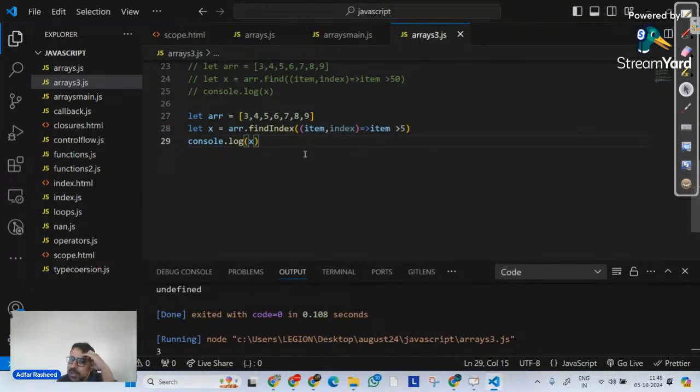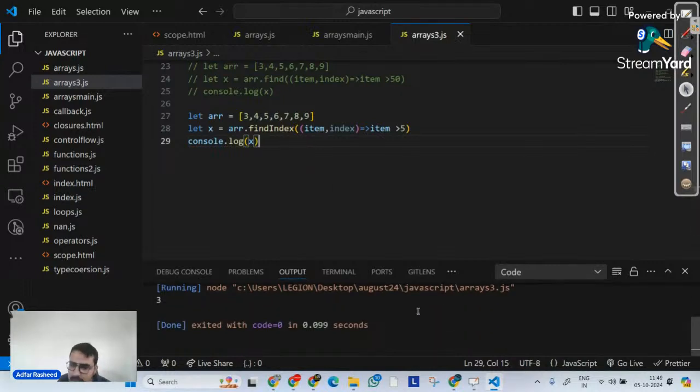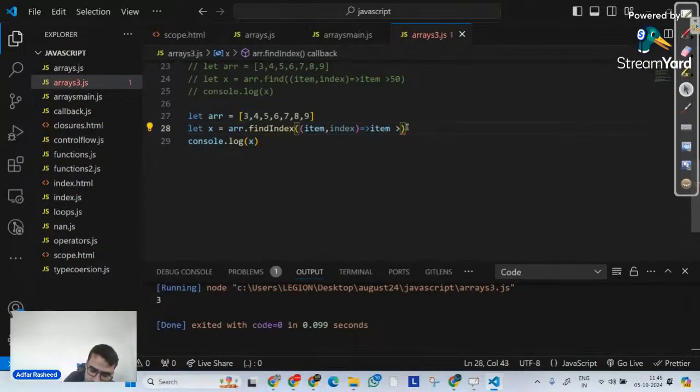Okay, so we have console.log x here, and you can clearly see it returns over here 3, because that's the first element that matches the condition. You guys tell me quickly in the chat, if I write greater than 3 like this, what is the output that it is going to give me? If this is the satisfying condition that I have, what will be the output of this code? In this case, it will match the condition. The first element that matches the condition, it's going to return the index of that. And you can clearly see, if I execute it, it returns me 1.